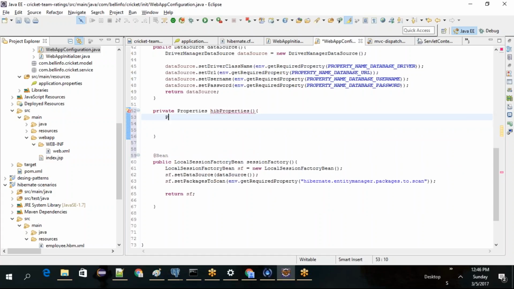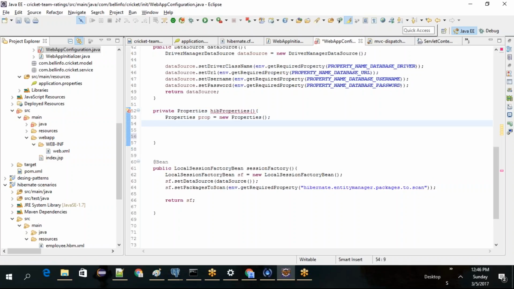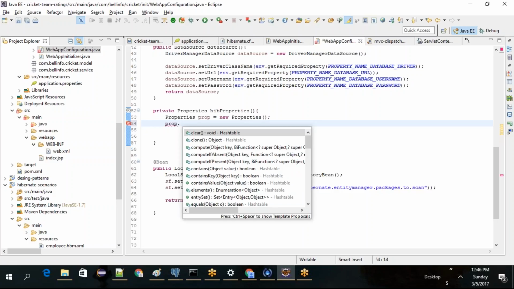You need to write Properties prop equal to new Properties. In these properties, you need to start setting. Properties is just like a map of key-value pairs. prop dot put